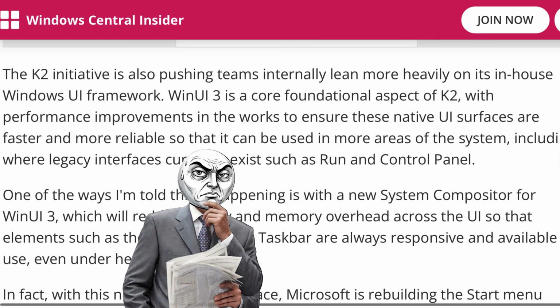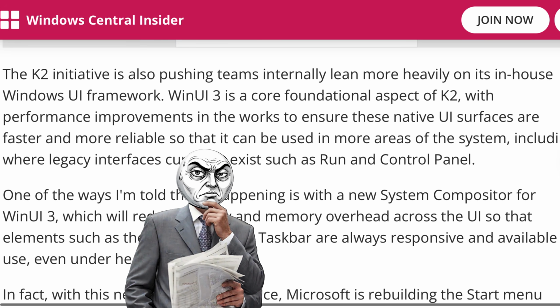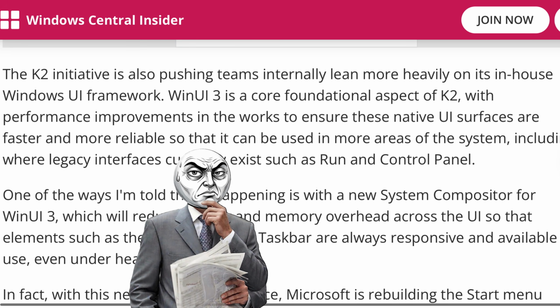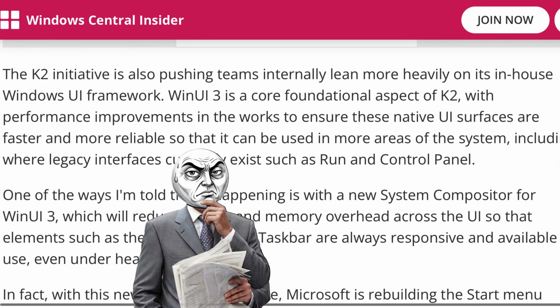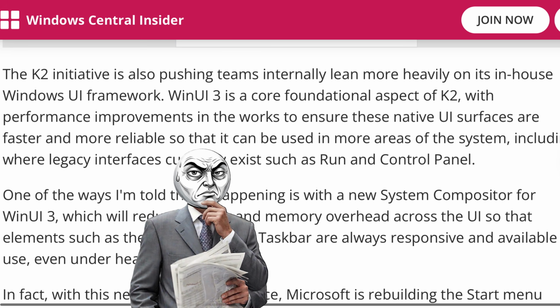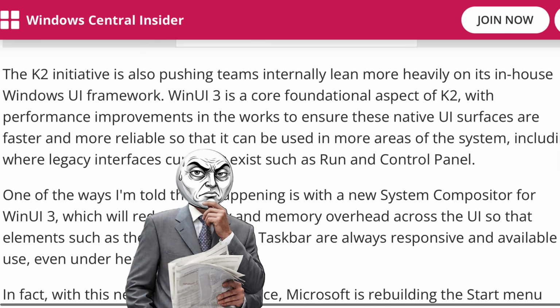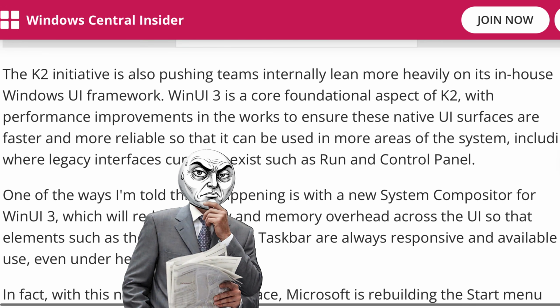The move toward K2 hurts you because it removes the local from local computing. Everything is moving toward a service model. When the shell is separate from the OS, Microsoft can subscribe you to different experiences. You might get the basic shell for free, but want that pro feature? That might be another layer you have to verify or pay for. It's a total shift from owning a tool to being a tenant in a digital building owned by Microsoft.